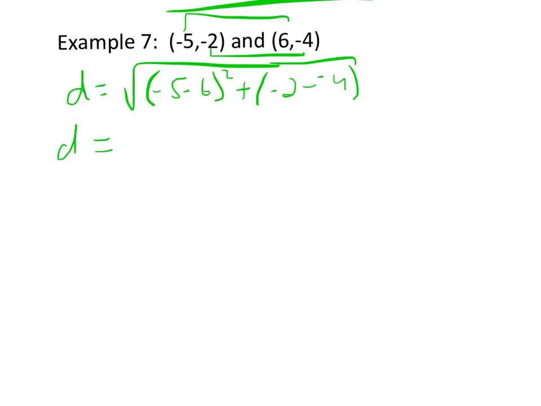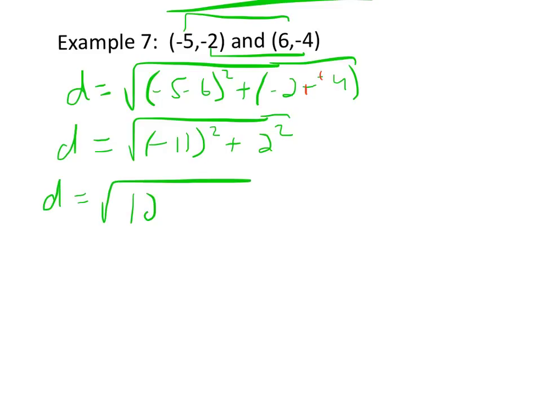So distance is equal to square root of -11 squared, plus, and again remember that we have minus a negative, which gives us -2 plus 4, so 2 squared. So distance is equal to the square root of 121 plus 4,